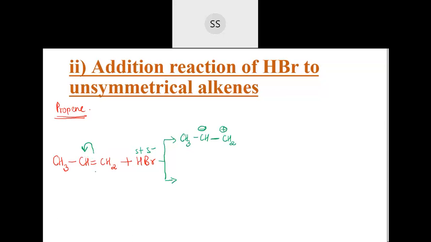In the second case, I will shift this pi bond towards the other carbon. This was the first case which I considered, because I told you the electron density can shift to any side depending on where the reactants are going to come from. So for the other possibility, let me take CH3. Then I shift this pi bond towards this carbon, so the second carbon becomes deficient. I'll have this carbon with positive charge, and the shifted pi bond makes this carbon negatively charged.